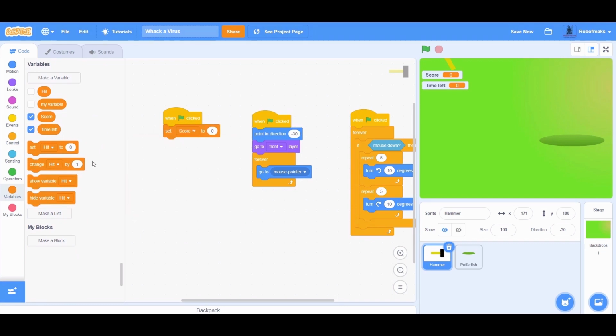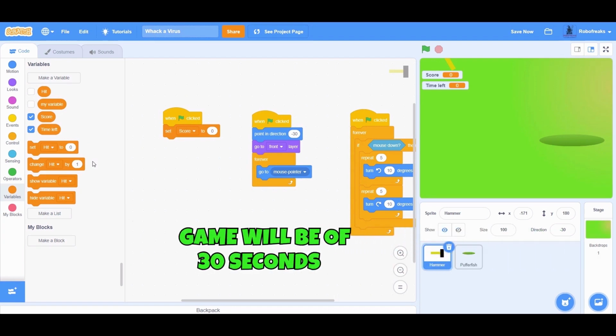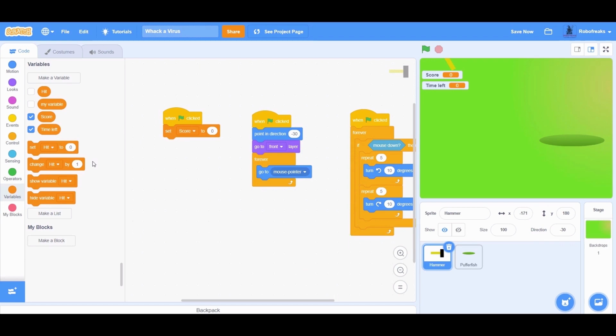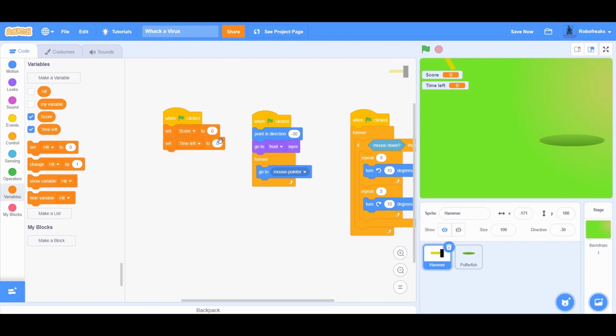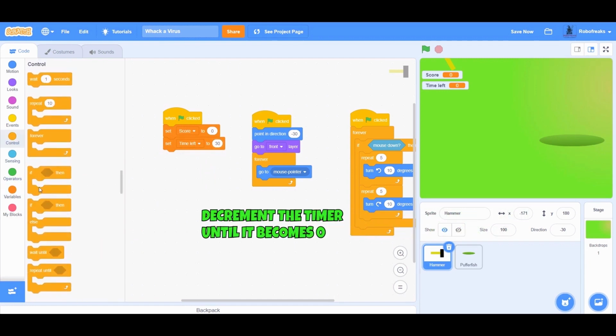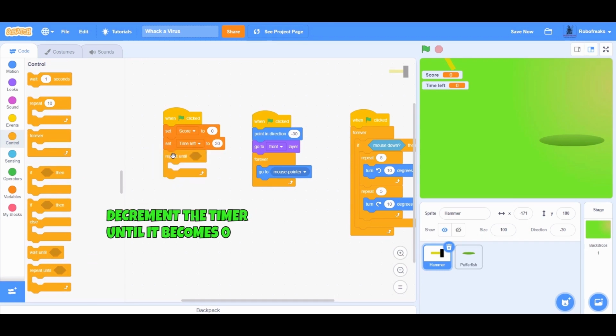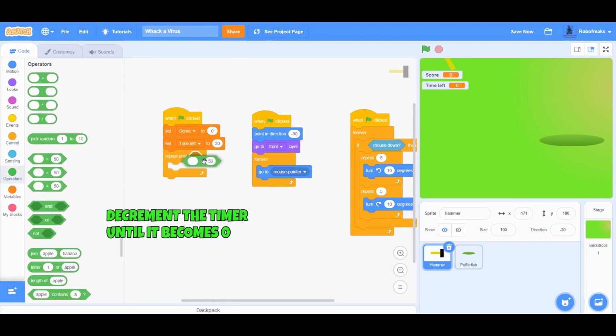Let us code the timer now. Every game will be of 30 seconds, and when this time finishes, we will display game over. Set time left to 30 at start. We will decrement the time using the Scratch timer block and do this until time left becomes less than 0.